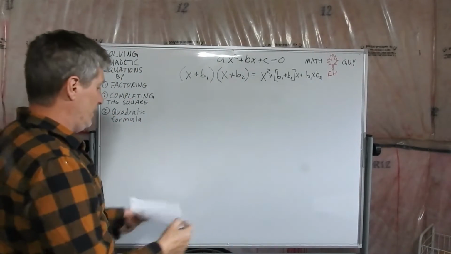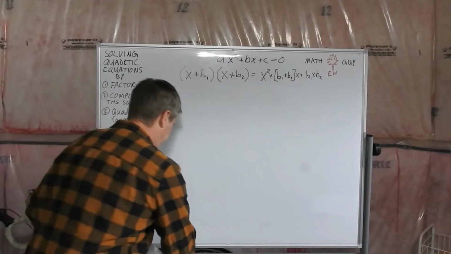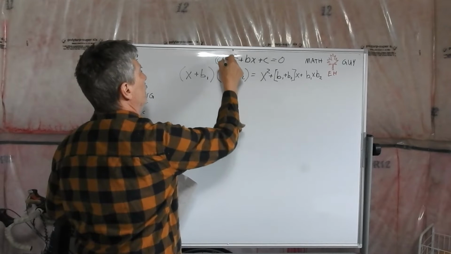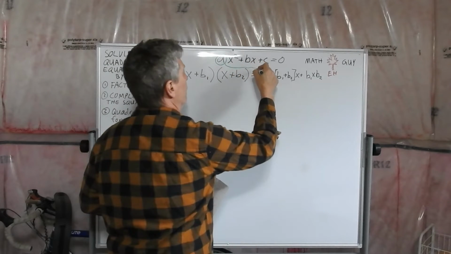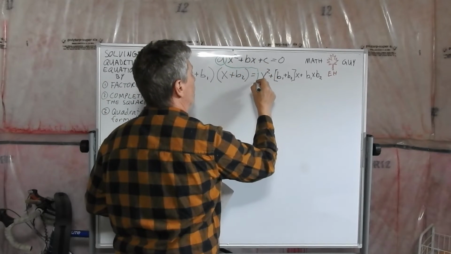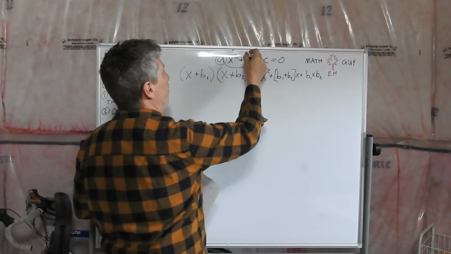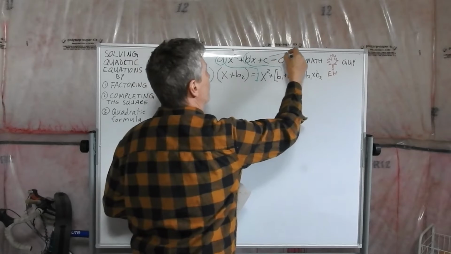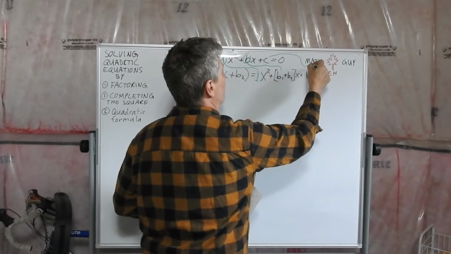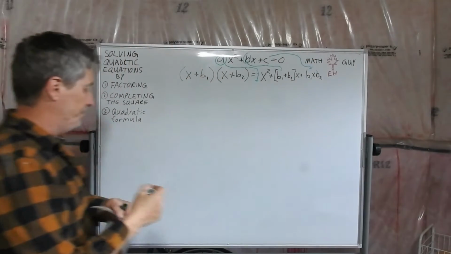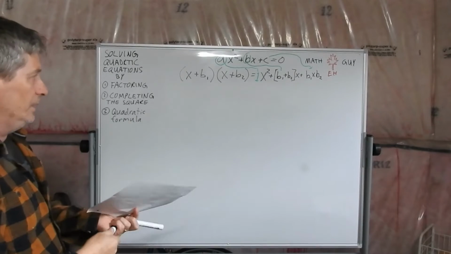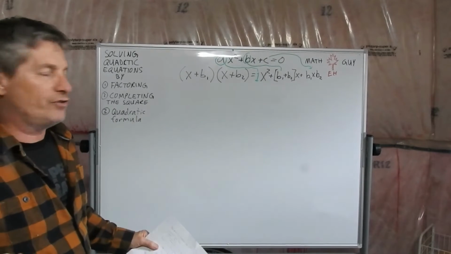What I want you to notice here is that your a is just 1, the b corresponds to b1 plus b2, and c corresponds to b1 times b2. Okay? Now, if you're given a quadratic equation,